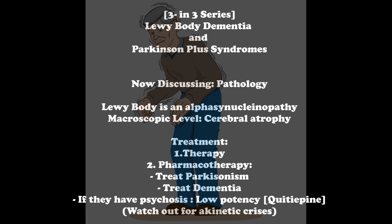Unfortunately, there's no symptomatic therapy available, but you do have supportive therapy to offer patients, behavioral therapy as well as physical therapy. For pharmacology, their Parkinsonian symptoms can be treated with Parkinson's disease treatment. Their dementia symptoms can be treated analogously to major cognitive disorders, and if the patient is having psychotic symptoms,